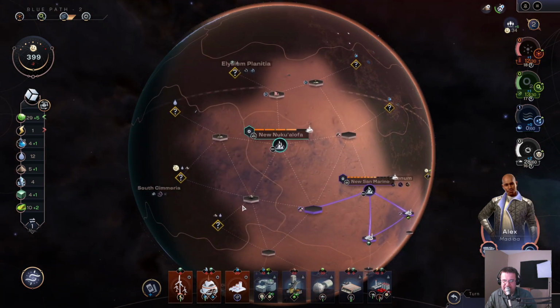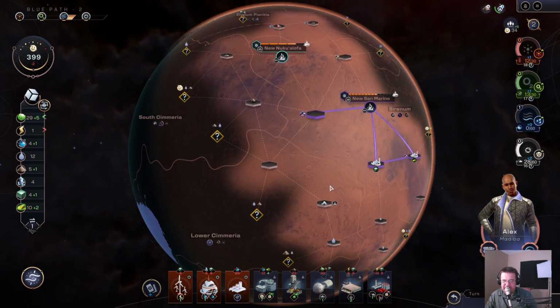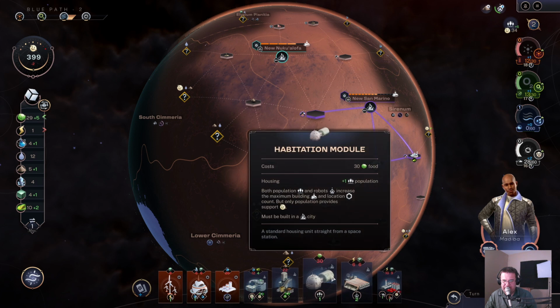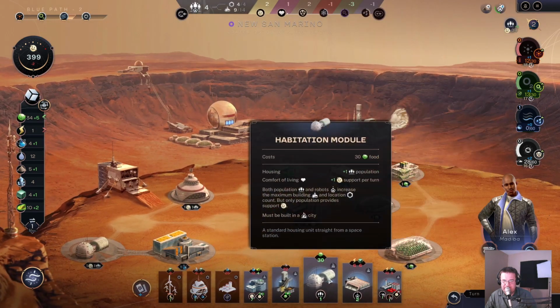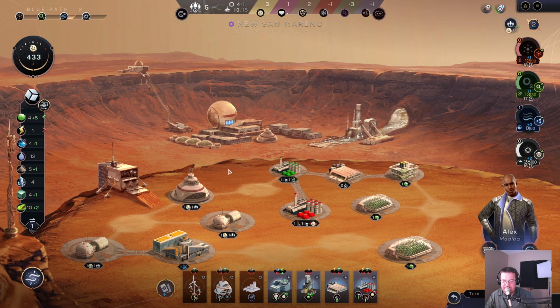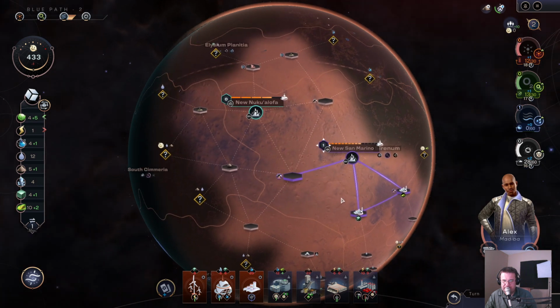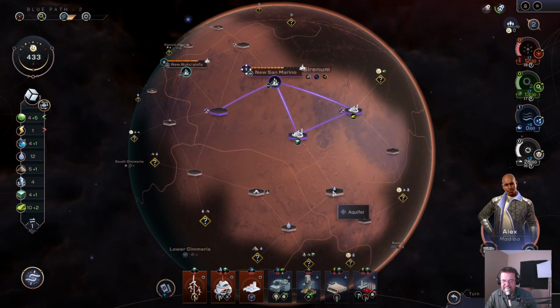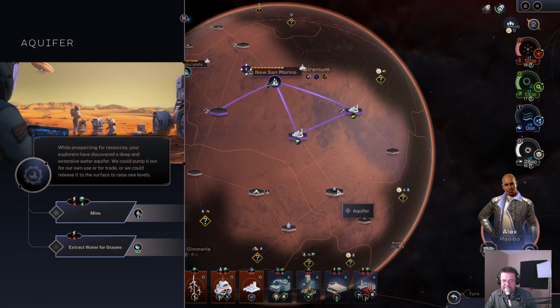Titanium and silicon. If we can find one that has titanium and silicon that's 1 energy, which we're not. We can get some food though, which would allow us to build a habitation module. So we can build a habitation module, and this way we don't have to toss one of these. Good. Supports only -1. That's not horrible. We can expand here. That's right. Do we want to do this? Could extract the water, but we would need...